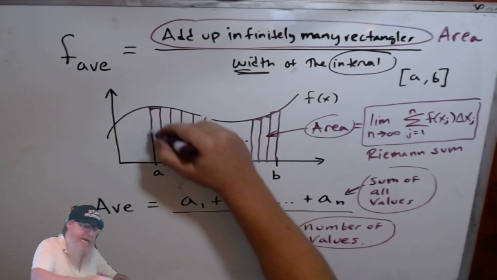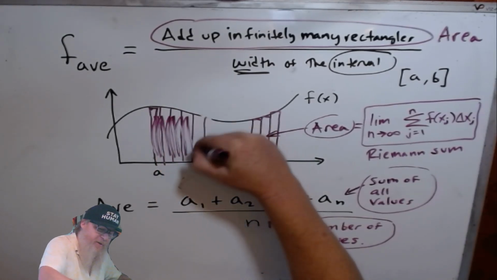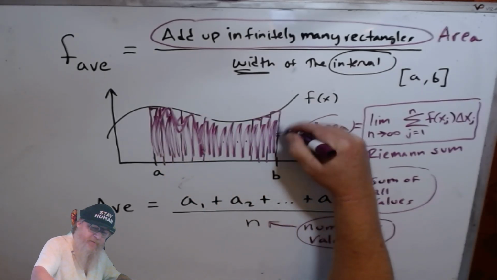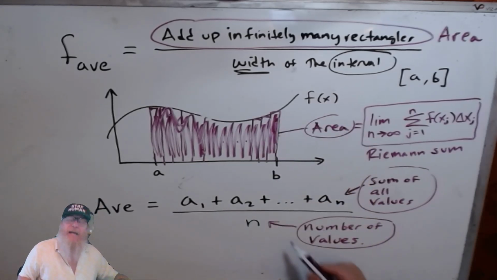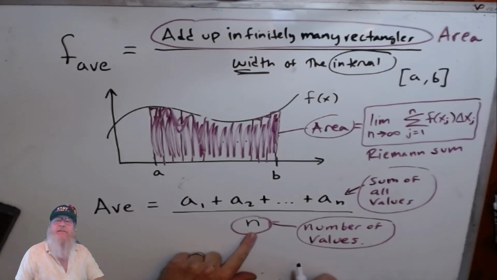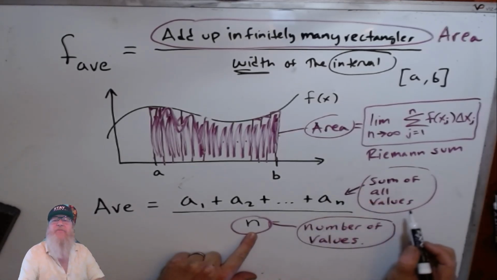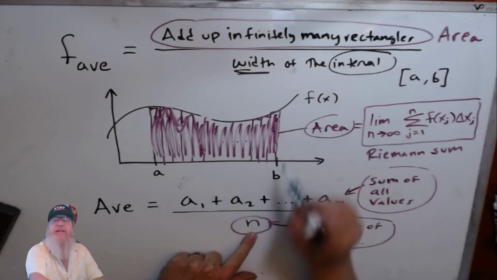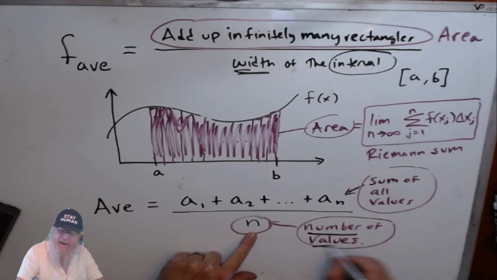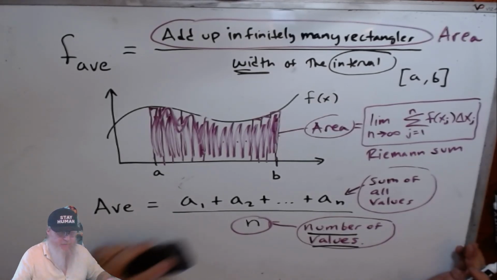And we're going to take this area, the area under the curve, and instead of dividing by n, because we can't divide by infinity, right? There's infinitely many rectangles. So instead of dividing by the number of values,